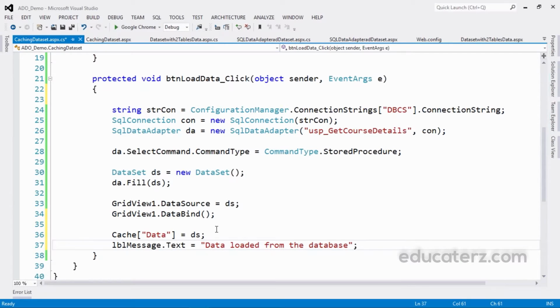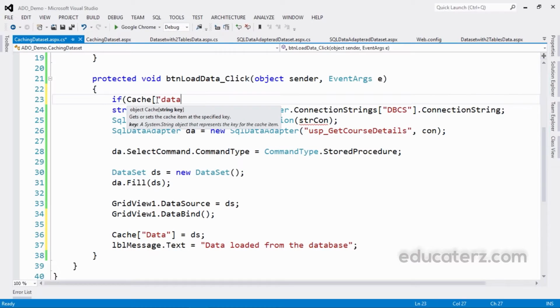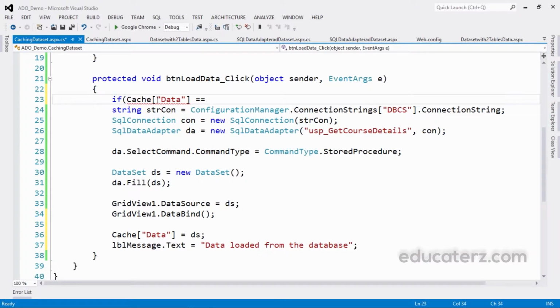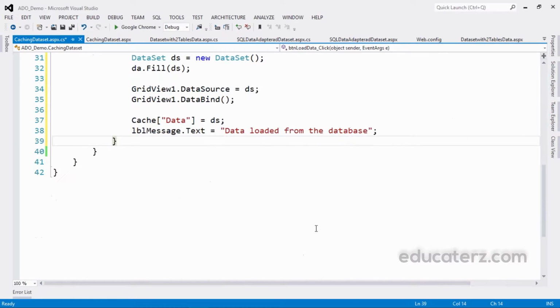Next time onwards we want to fill from the cache instead of connecting to the database. For that I'll first check if the cache of data, whatever key I have given here, is null. If it is null, then only go and connect to the database. The entire thing will be in an if condition.